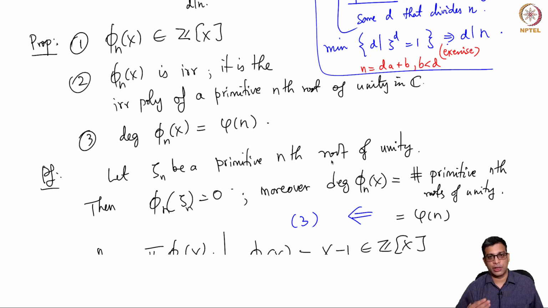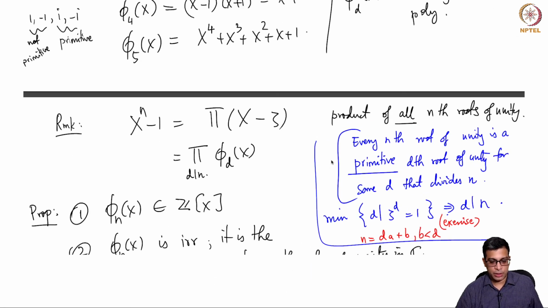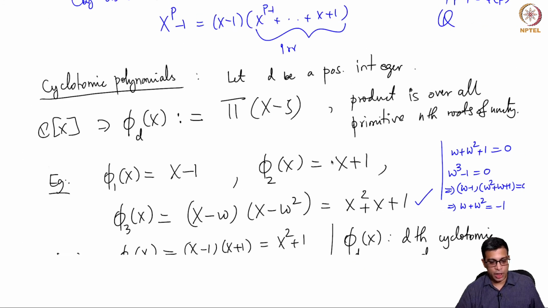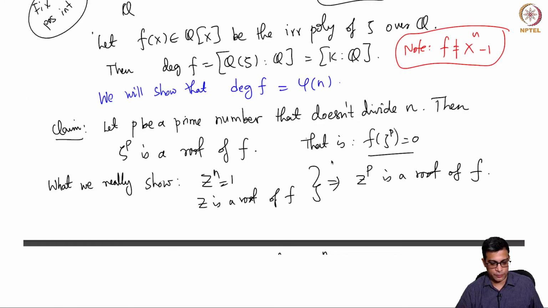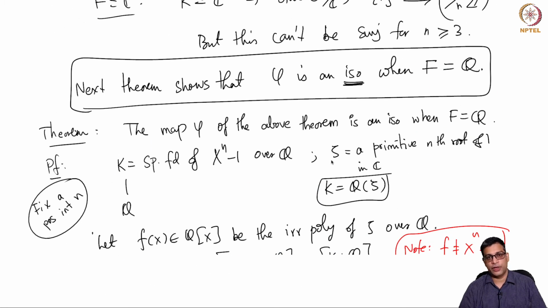So in the last 1 or 2 videos, what we did was we learned about general cyclotomic extensions for any field F whose characteristic is 0 or doesn't divide n. We showed that it's an abelian extension. It's Galois and the Galois group is abelian by exhibiting an injection into (Z mod nZ) star. In general, that injection is not an isomorphism. However, for base field equal to Q, it is an isomorphism, and we proved that. And then we learned how to compute the cyclotomic polynomials.